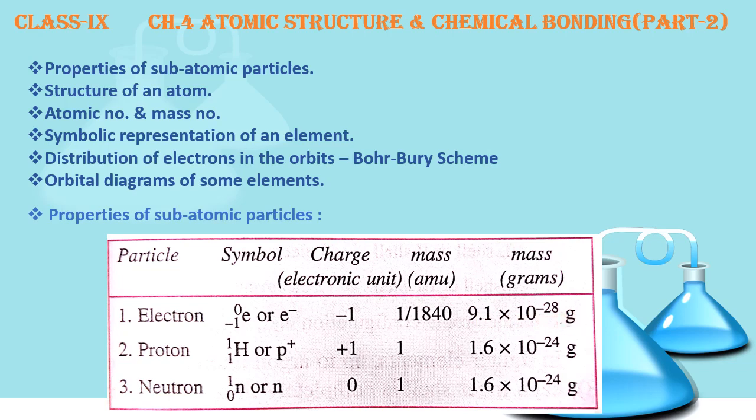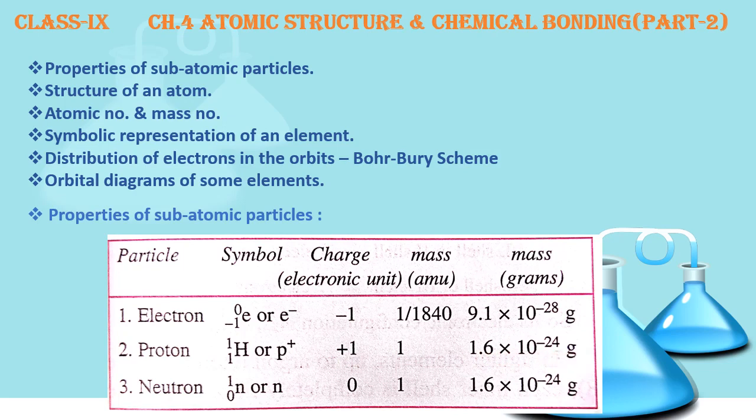This is very less. Proton, in symbolic form it is written as H 1 1. H 1 1 is called protium, that's why it is called proton. And H 1 1 has some extra characteristic. It has only one electron and only one proton. It has no neutron, that's why its atomic number is 1 and mass number is also 1. It is also represented as p plus sign. This plus sign is its charge and its mass is 1 atomic mass unit. In gram it is 1.6 into 10 to the power minus 24 gram.